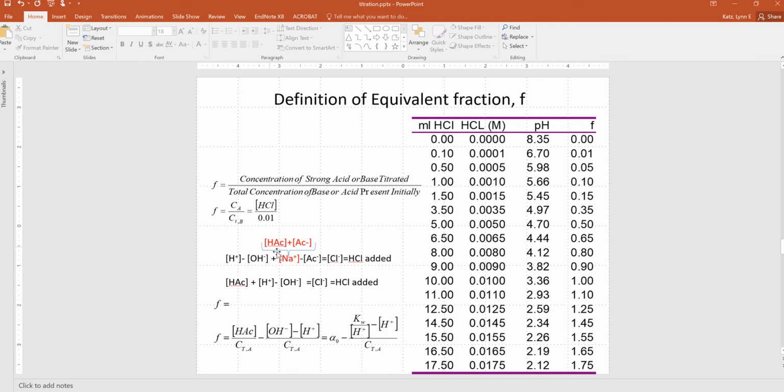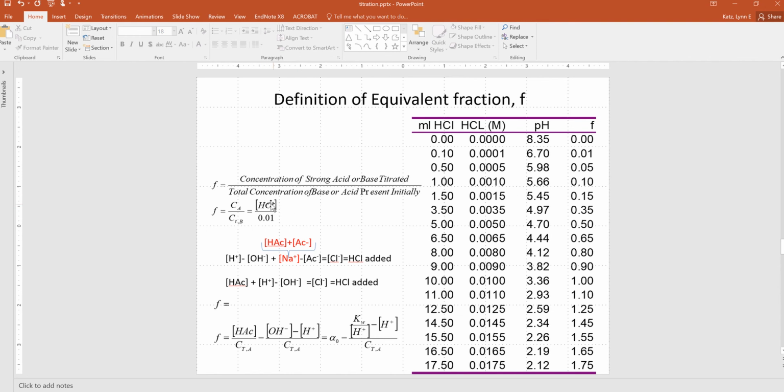We can also do our substitution for Na plus, knowing that the amount of Na plus that I initially added was equal to the total amount of acetate and HAc that I have. And so doing that substitution, what we find is that HAc plus H plus minus OH is equal to the chloride added to the system, or the HCl that I added. Okay? So F is essentially these terms,